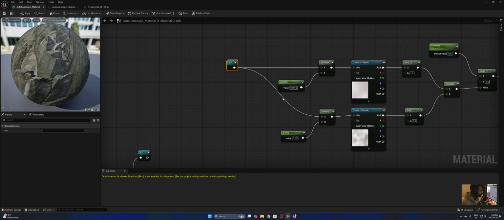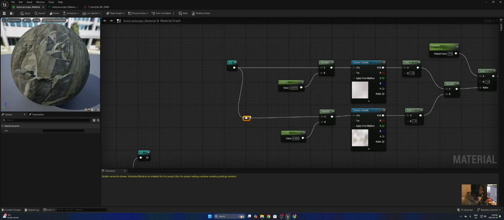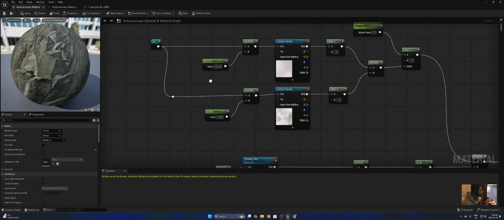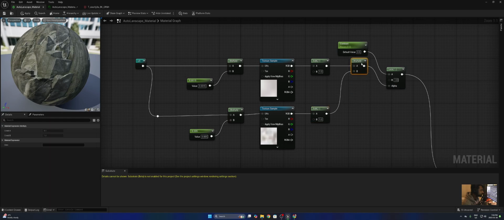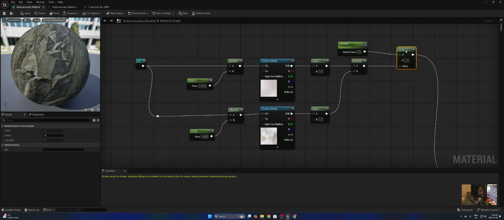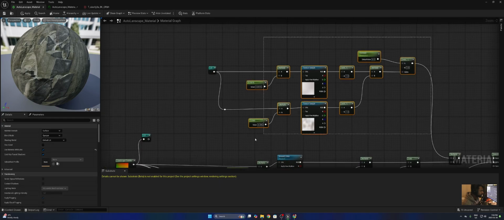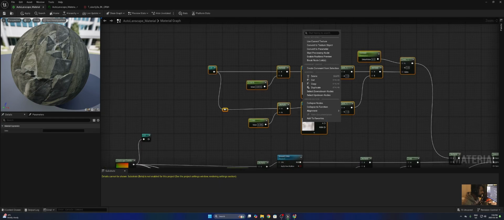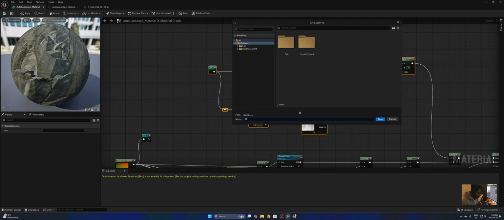Just to make this a little bit tidy, you can add a few nodes. If you want to add nodes, you can just double click wherever on the line, and that allows you to add these nodes. Just gonna go ahead and put this here, and tidy this up a little bit. And then I can take all of this and collapse that into a function. I'm going to call this function macro